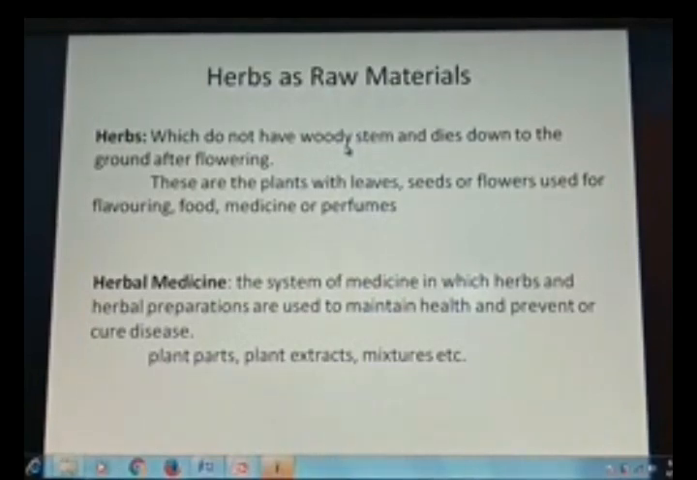It has been estimated that 80% of the world population still depends upon indigenous systems of medicine for their treatments, which includes systems like Ayurveda, Siddha, Unani, homeopathic, and other traditional systems of medicines. Now, these systems, most of them, rely on medicinal plants or the herbs